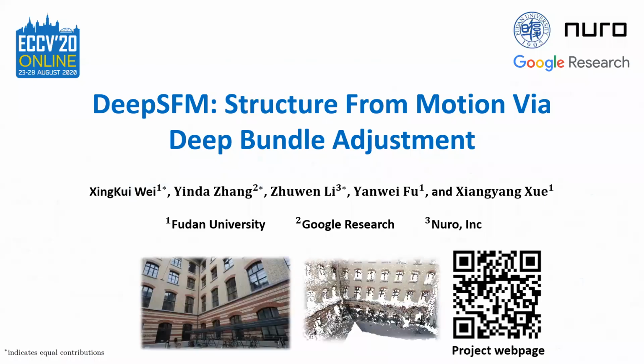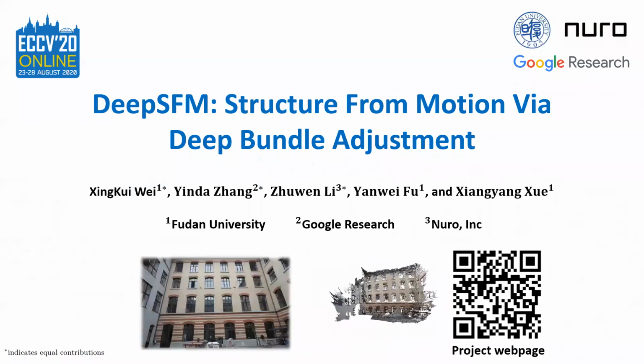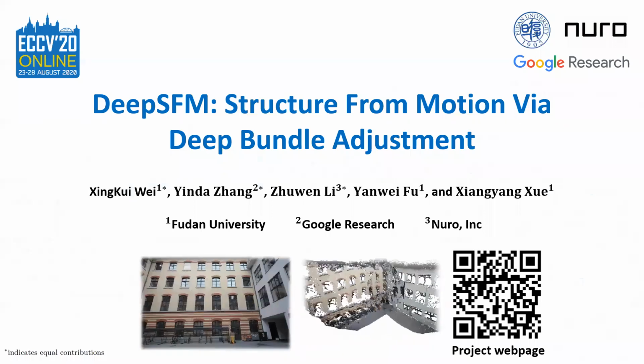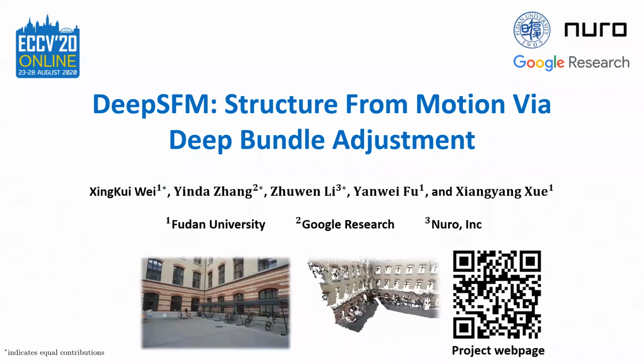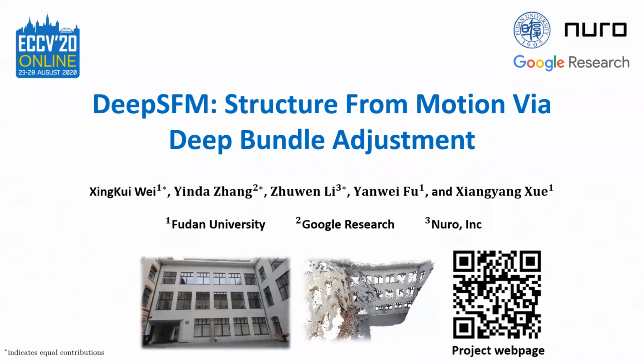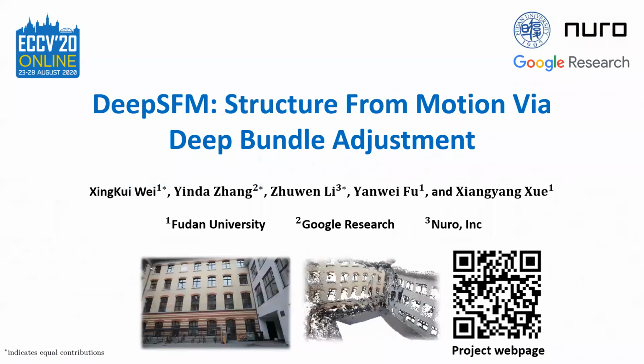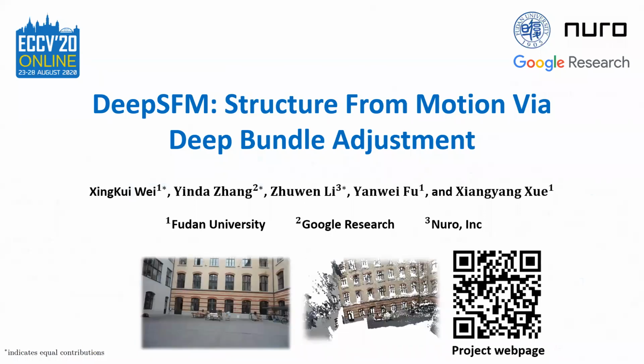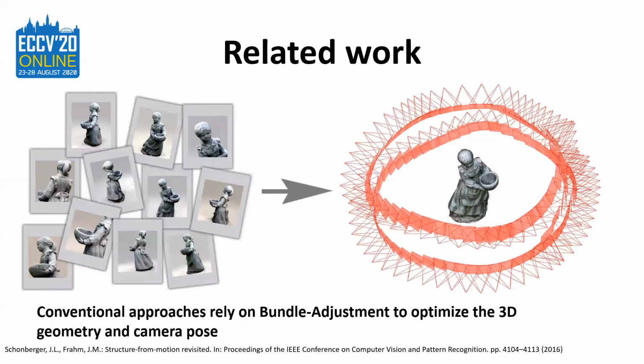In this work, we propose a deep learning framework for structure from motion, which estimates both depth maps and camera poses for multi-view inputs. For example, from a video or multiple images of a scene. Conventional approaches heavily rely on bundle adjustment to optimize the 3D geometry and the camera poses by minimizing reprojection errors